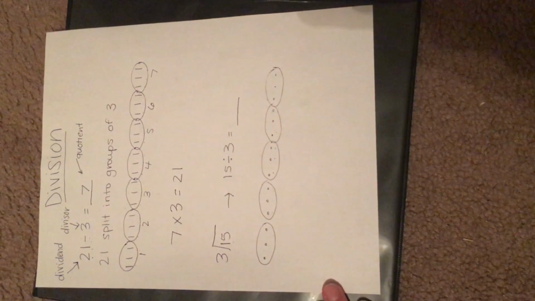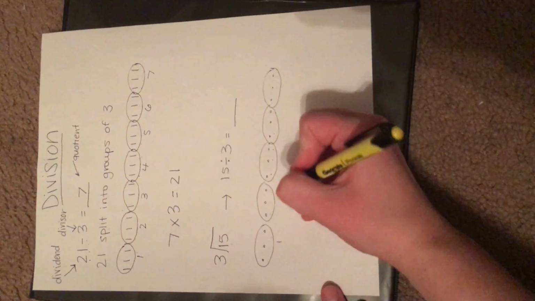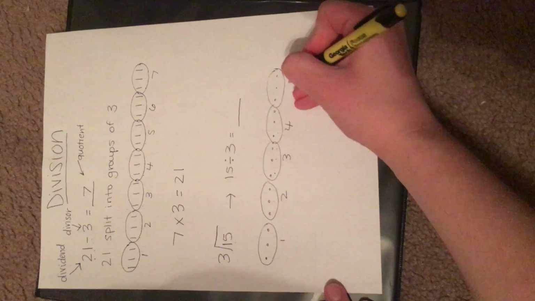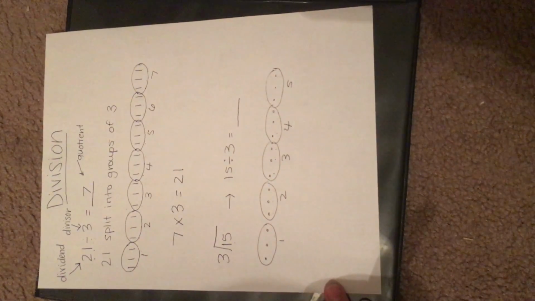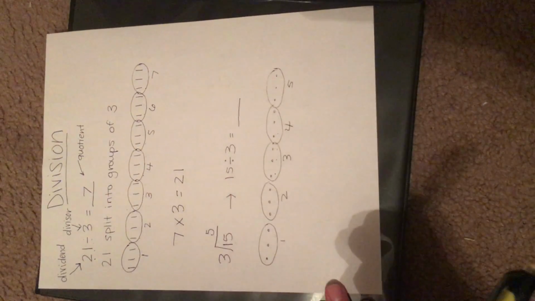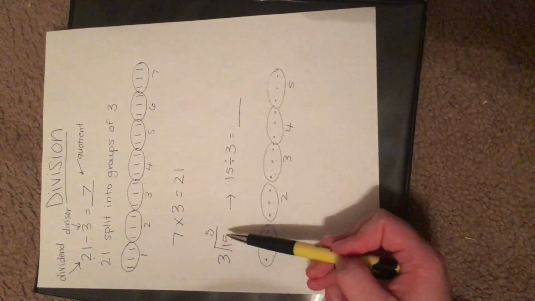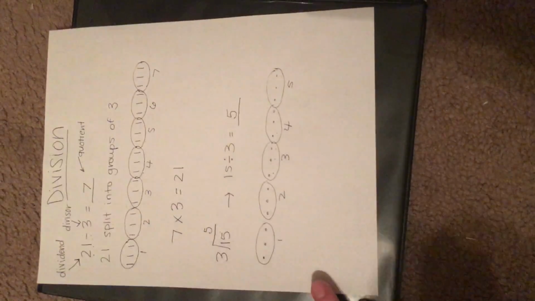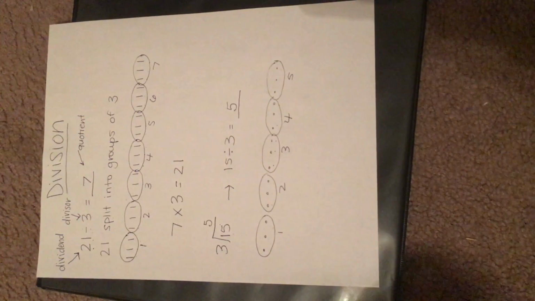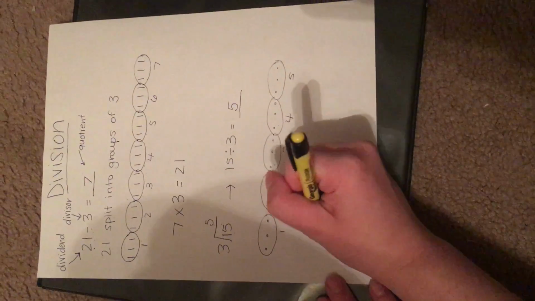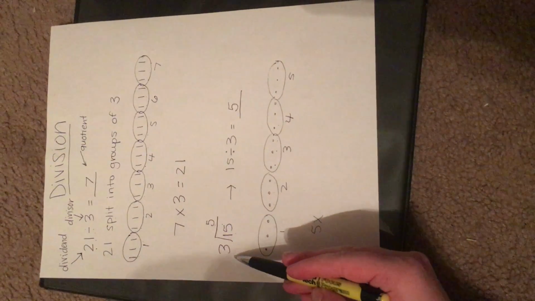Now I can go back and count how many groups. So I have 1, 2, 3, 4, 5 groups of 3. So 15 divided by 3 is equal to 5. So our quotient goes up on top of the house or beside the division sentence. And again, I can check my answer the same way. Take my quotient, which is 5, times it by our divisor, which is 3,